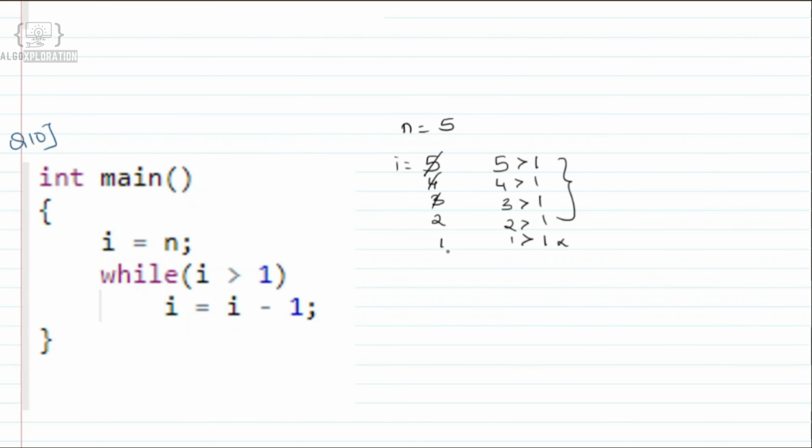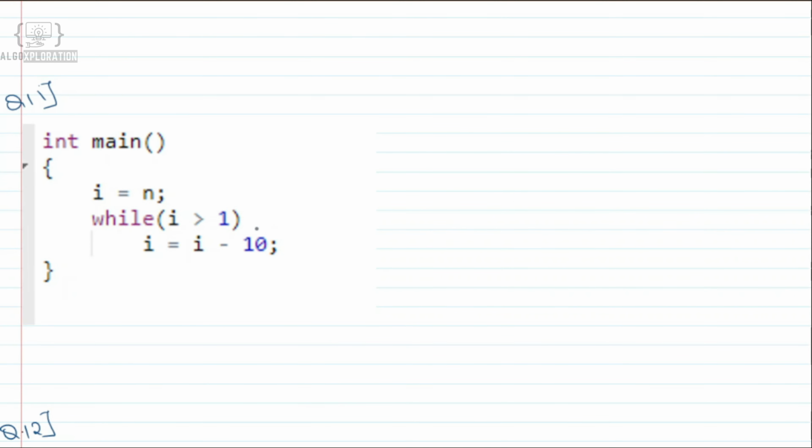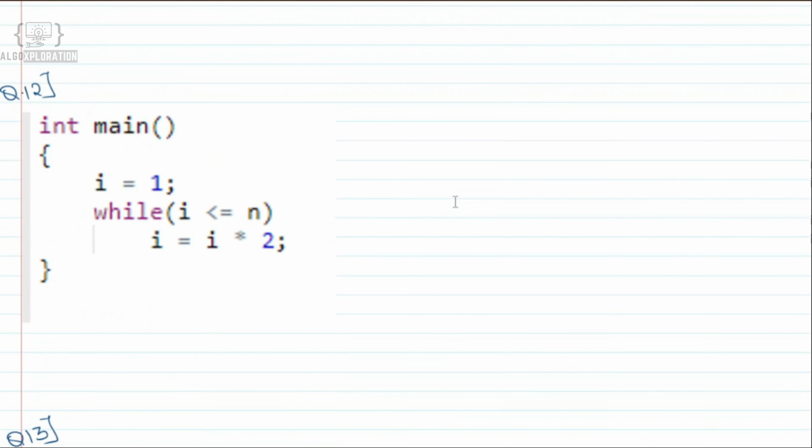So we can say that this statement is running approximately 5 times when n is 5. So the time complexity of this program will be order of n. Here, since the i value is decrementing by 10, the order of magnitude of this statement will be n by 10. So we can say that order of n will be the time complexity. Now